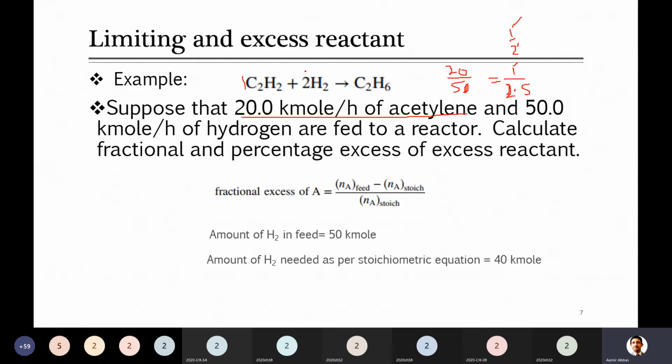In the last example which I was talking to you about, there was 1 mole of acetylene and C7. That was fortunately or unfortunately equal to the equation components or coefficients of the equation. But here when you have 20 moles of acetylene, you will need 40 moles of hydrogen for this reaction. So now you can find it simply, as given here. It is 0.25 or 25%. Any question? No question? Can we proceed further?